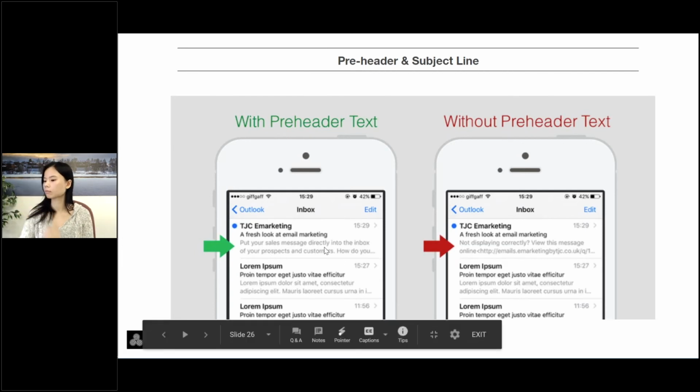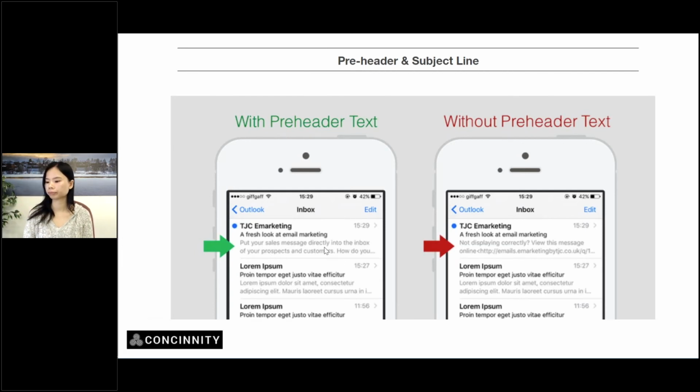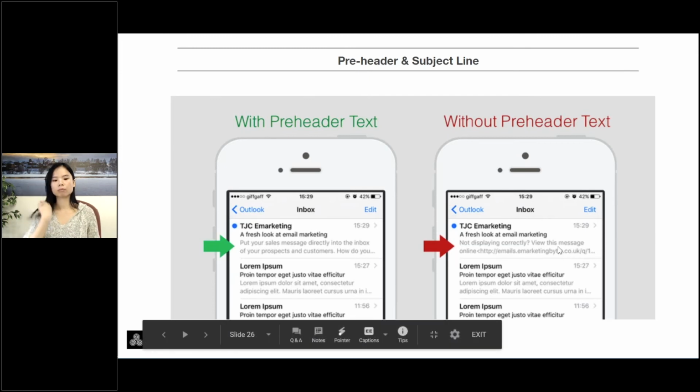Now, how do you get that? Most email tools, including the one from Liana Technologies, which we use as well, have an option to actually add that. So you add a pre-header, which is an option in every email database marketing tool, and it will give you this line which you see over here. If you do not add that text, then someone receiving your emails will see this junk.